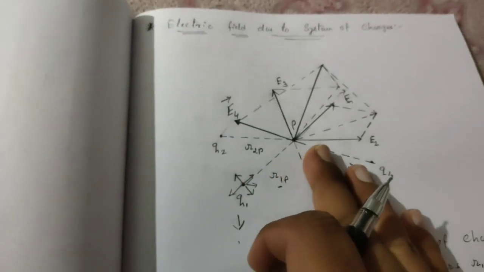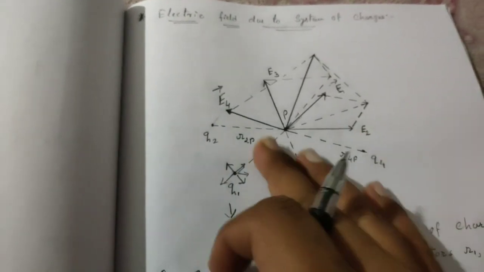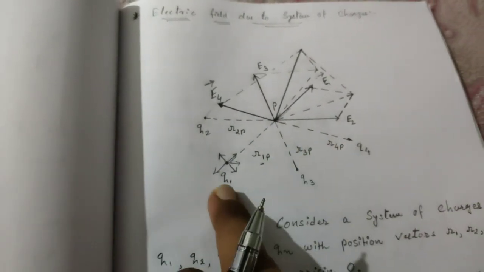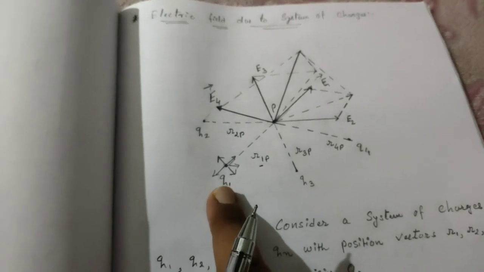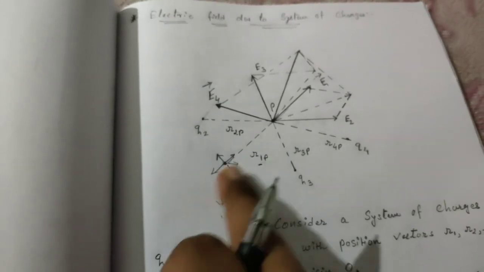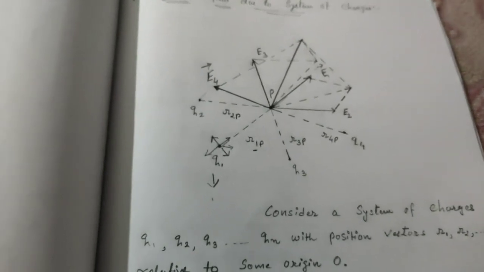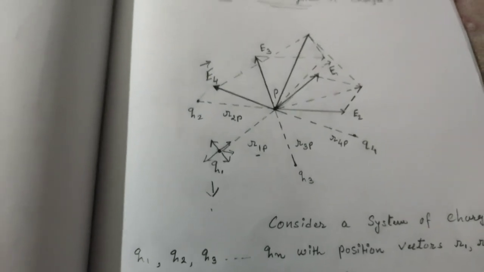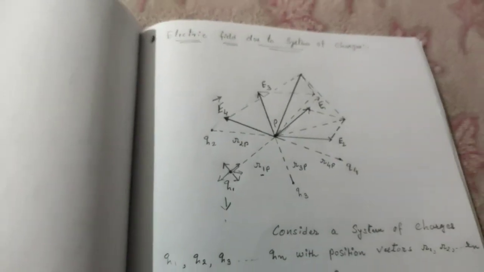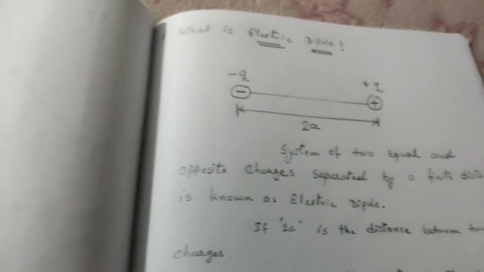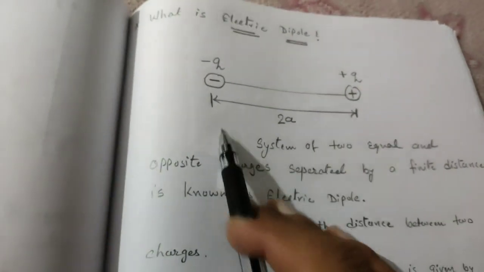Then after that we showed electric field due to a system of charges, by using electric field due to a monopole, meaning a single charge particle, and by using the superposition principle we solved this theory. Now we are going to see how we can find electric field due to dipoles. So for that, let's see how to do it.